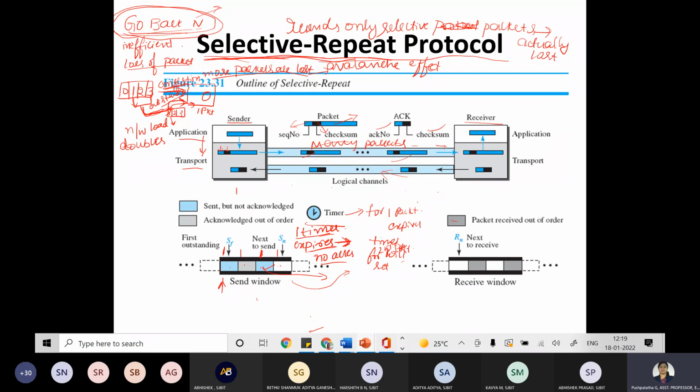Hope it is clear. That is why, for this reason, we make use of only one timer. Okay, and regarding acknowledgement, I think I have told you, like in case of Go-Back-N,